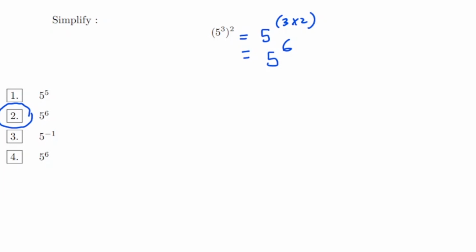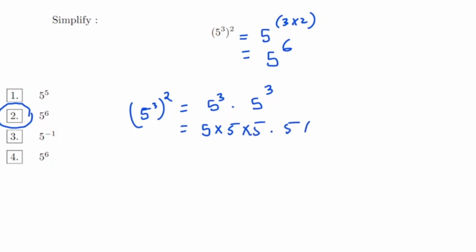But the way to conceptually think about this is you have 5 raised to the power 3, squared. This is equal to 5 raised to the power 3 times 5 raised to the power 3. And 5 raised to the power 3 is 5 times 5 times 5, so this is 5 times 5 times 5 times 5 times 5 times 5, and this is equal to 5 to the power 6. So this is the correct answer. If you wanted to work this problem the long way, you could do it this way. But it's just easier to multiply the exponents